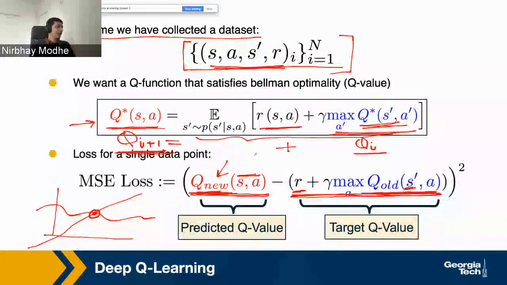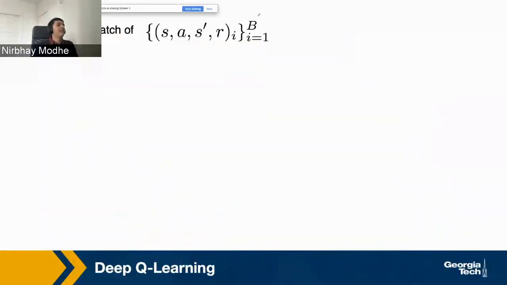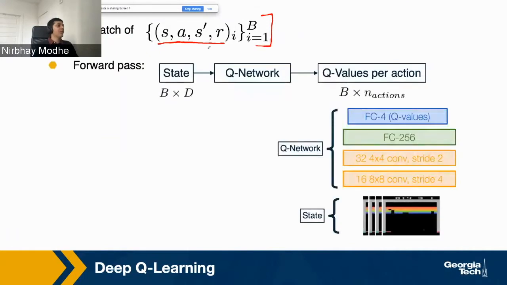Yeah. So let's talk about how I'm going to predict these Q values in a forward pass and how I'm going to take the gradients of this Q value in the backward pass. So let's say now I have a batch of B data points. So I have B tuples of state, action, next state, and reward. What I'm going to do, as in batch training, is have a batch of states which I'm going to give as input. So this S of this tuple, I'm going to give as input to my Q network. And what it's going to give me is